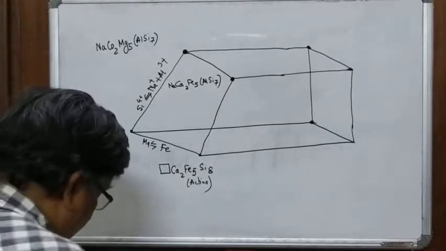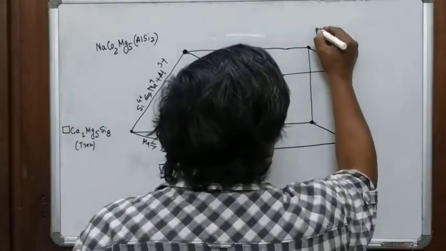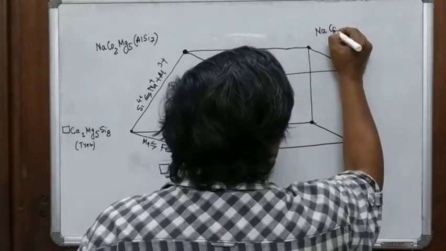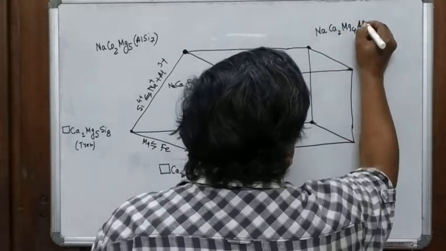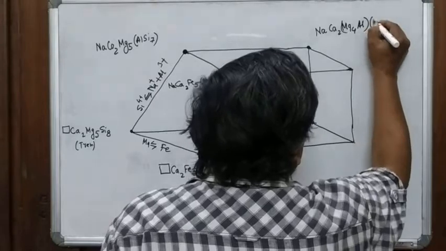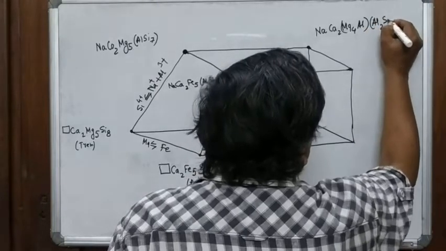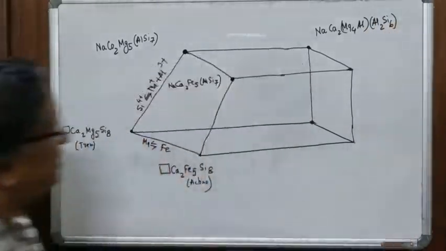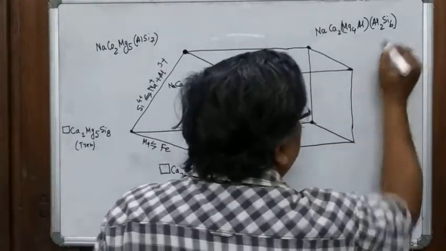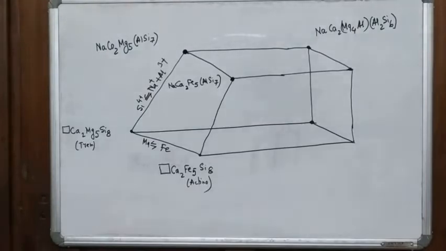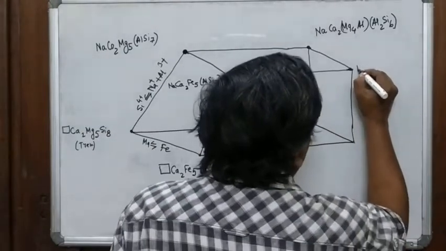And if we do this, then we continue with this here. NaCa2 Mg4 Al Al2 Si6. This will be another component here. You can see this is magnesiopargasite. This is magnesiopargasite, and you have